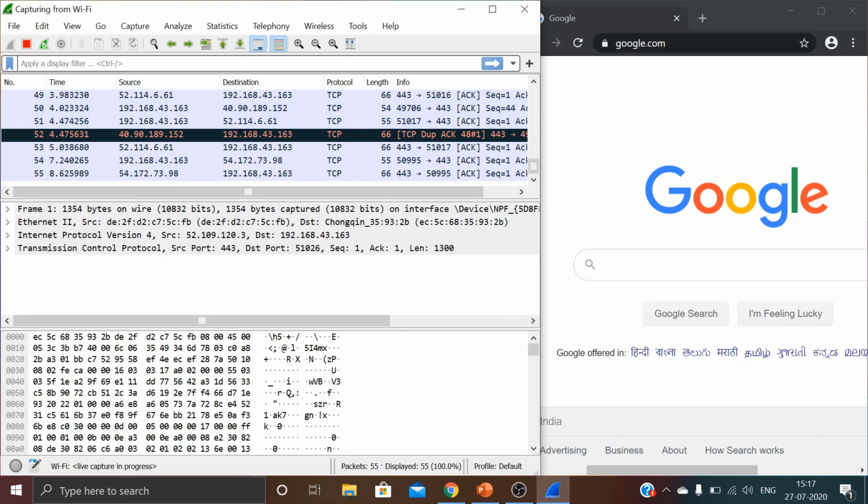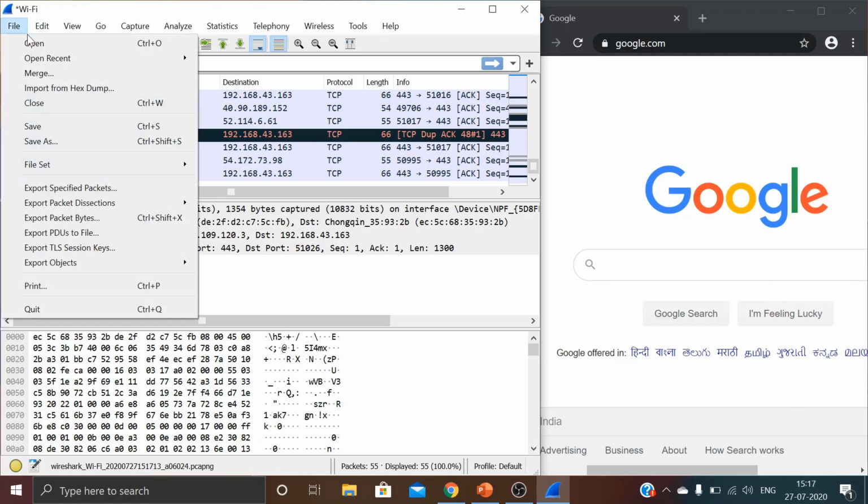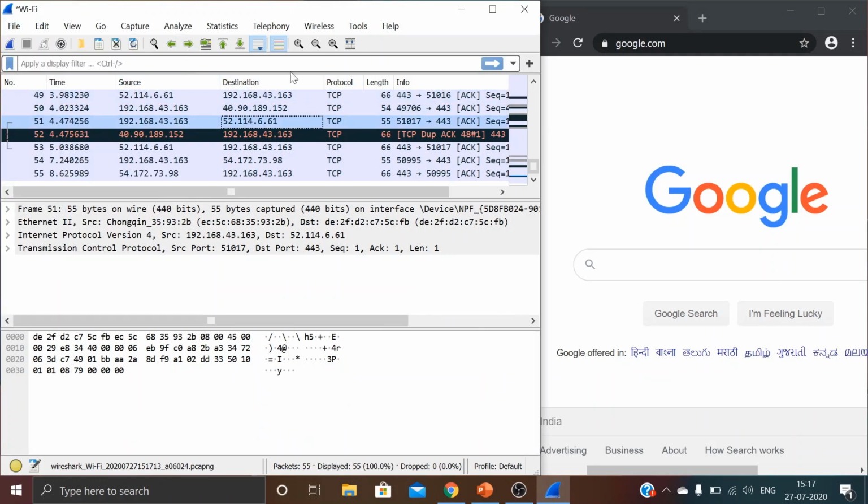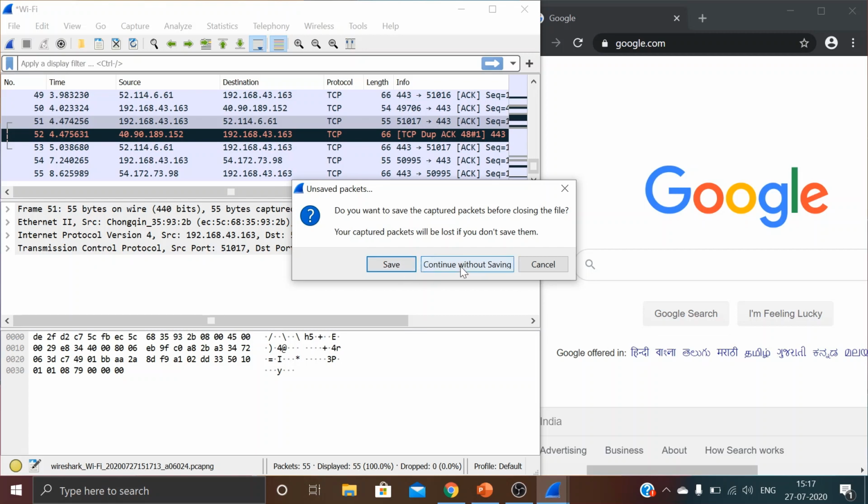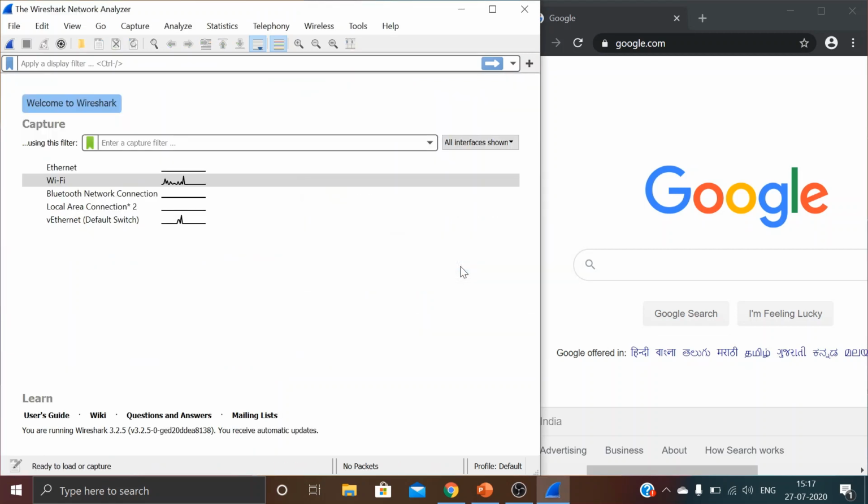Let's stop this and again we will start. We will close the capture file first of all, and again start capturing.